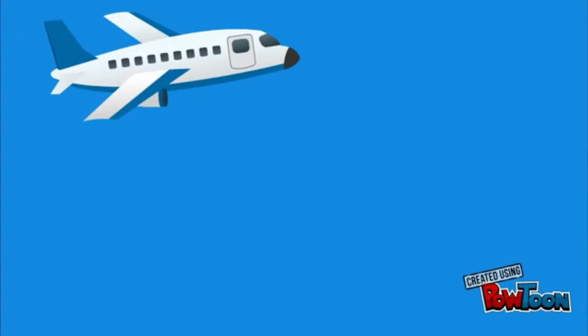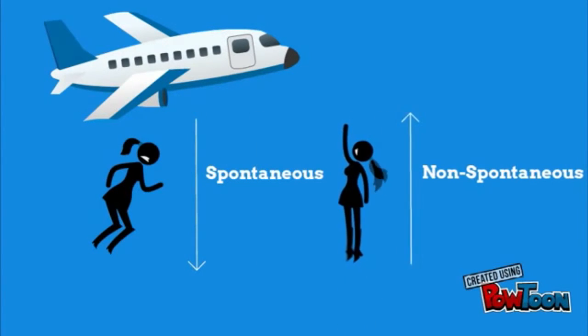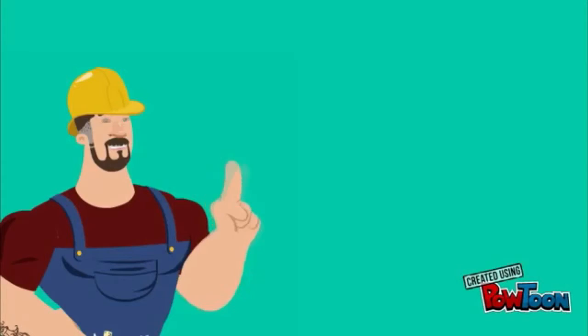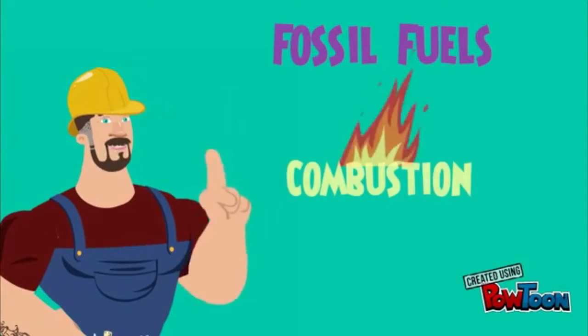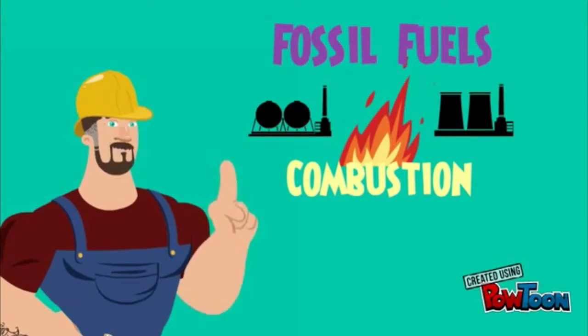An example of a spontaneous process would be a parachuter free falling down from the sky. But if he goes back up, that will be a non-spontaneous process because it doesn't happen naturally. All these concepts could be used in real-life applications like energy sources. One of the energy sources that we use today is fossil fuels. Fossil fuels use the process of combustion in order to produce energy sources for widespread industrial development and power